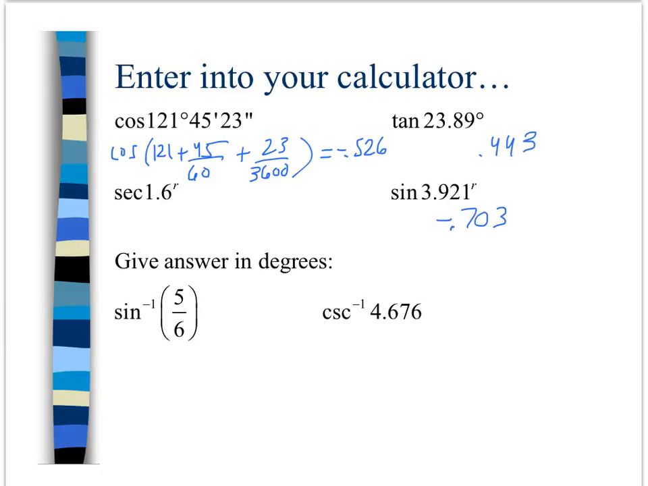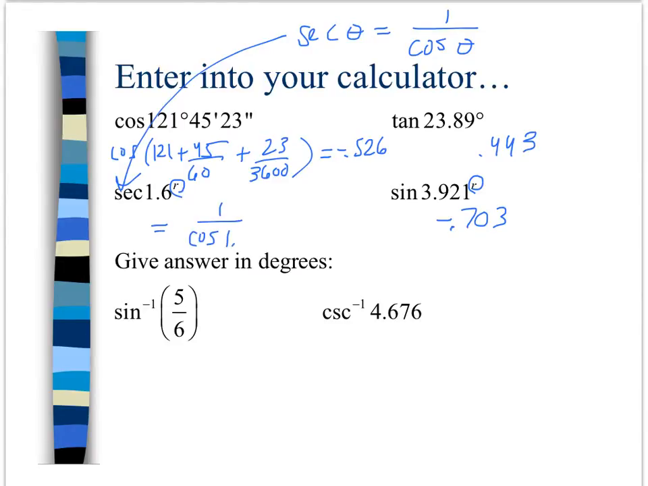Make sure we are in the correct mode. If you see this little R superscript, that's just a reminder that we are in radians mode. Now, to type in the secant one, we have to use our reciprocal function. So let's remember our reciprocal identity. Reciprocal identity says that secant of theta is equal to 1 divided by its reciprocal cosine of theta. So to type this in, I'm going to type in 1 divided by cosine of 1.6 and make sure that I'm in radians. And that will give me